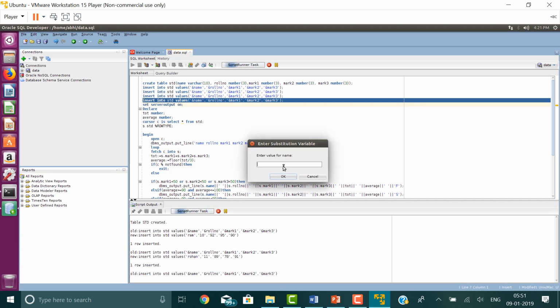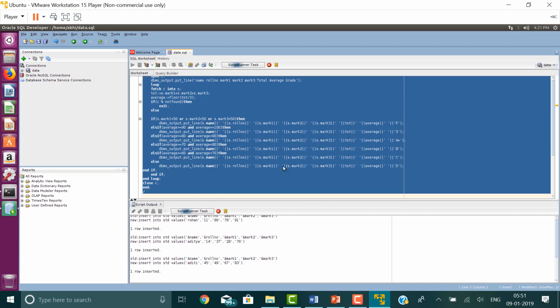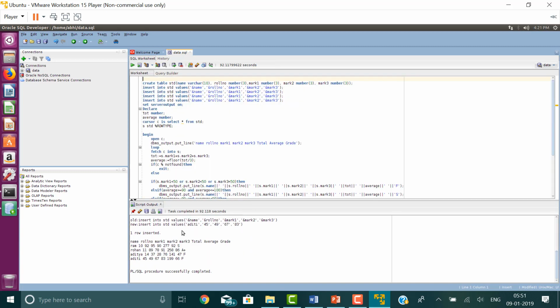And finally, one more name as Aditi, 45, 49, 67, 83. Here if you notice, all the details that we have punched in got stored in these variables,